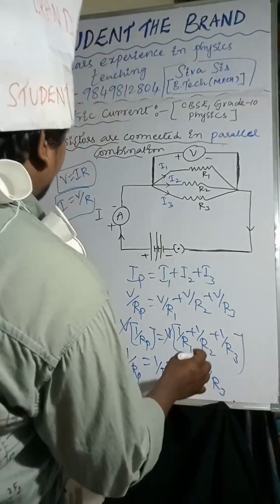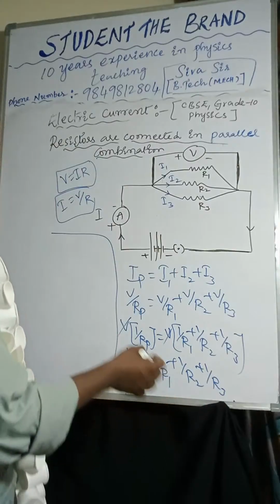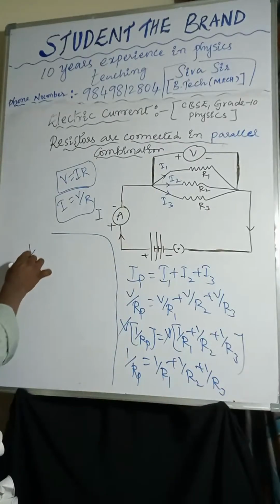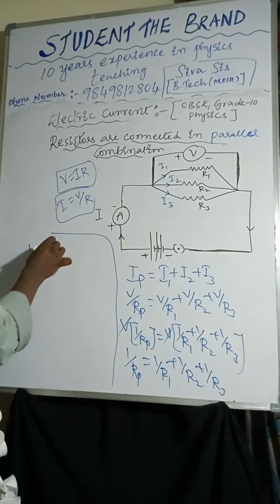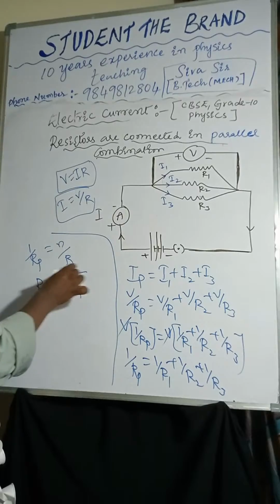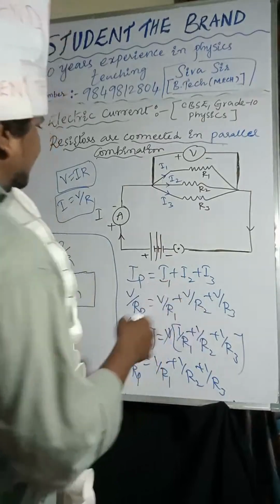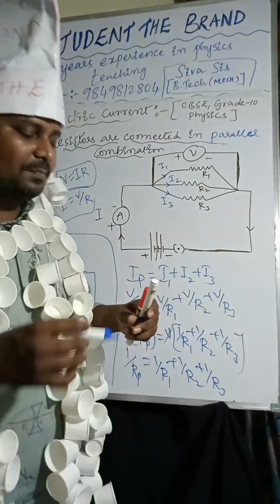So now, if n number of resistors are connected in parallel combination, 1 by Rp equal to n by R, that is Rp equal to R by n. I hope it is very clear now. You can check, if the resistors are connected in parallel combination,